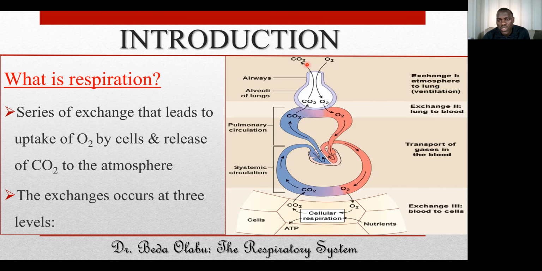So you know that you usually breathe in and out. As you breathe in and out, air moves in and out, but there's a lot that is happening to the gases. So from the atmosphere, oxygen goes to the lungs, and from the lungs, carbon dioxide gets to the atmosphere. This is what we call ventilation,